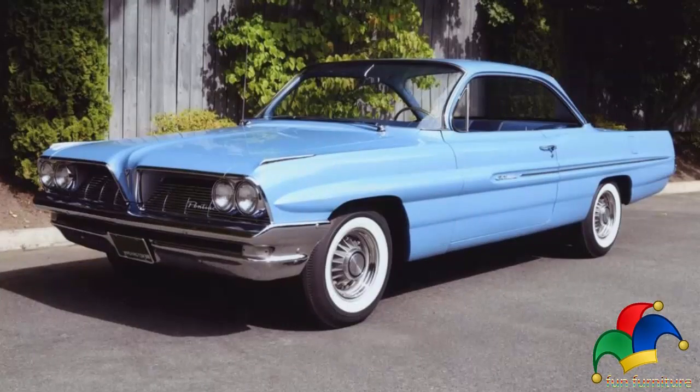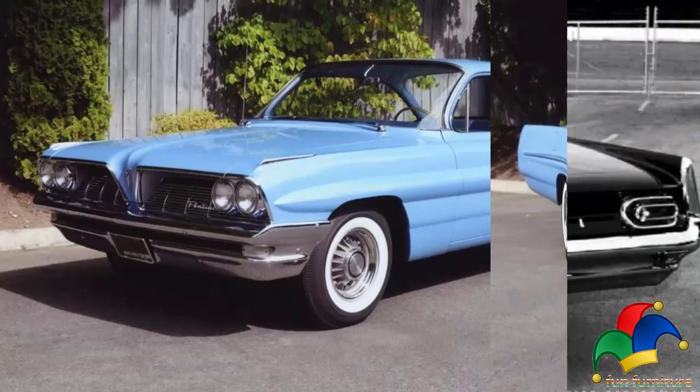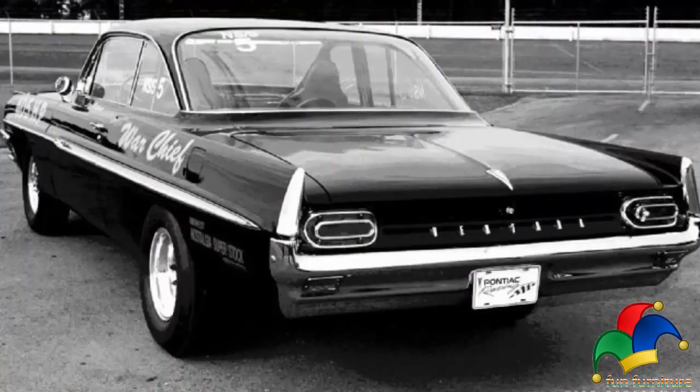These high output 421s had 10.75 to 1 compression and 350 horsepower with a 4-barrel or 370 horsepower with a